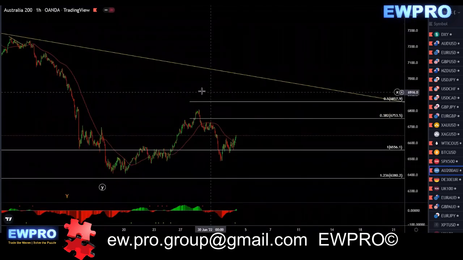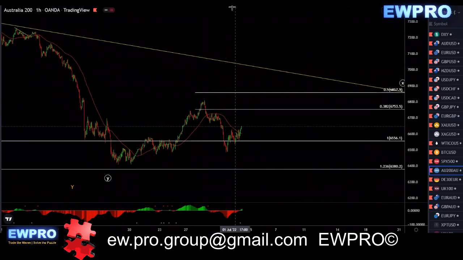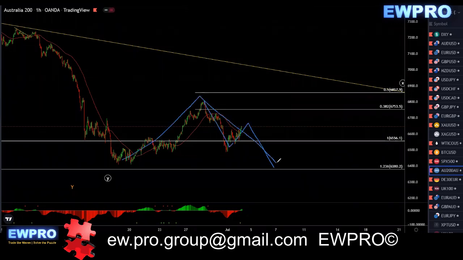Again, it may become complex because we may get an A, B, C in here. Then you get that A, B, C as a running or expanding flat in that H4 X2. So yeah,